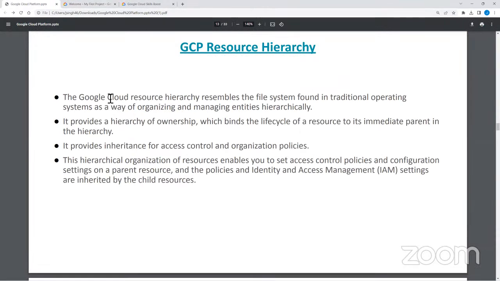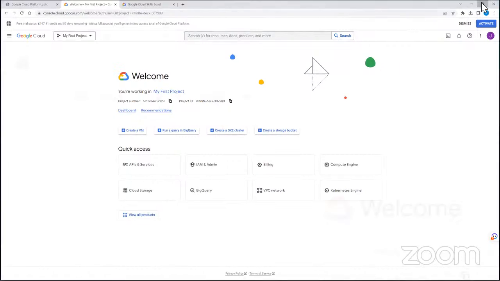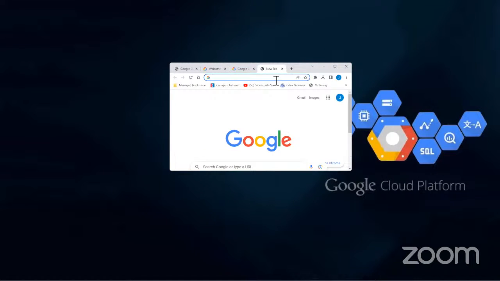So let's cover these points. It provides inheritance for access control and organizational policy. It provides hierarchy of ownership. Let me cover this first. If you want to set up your own GCP account,